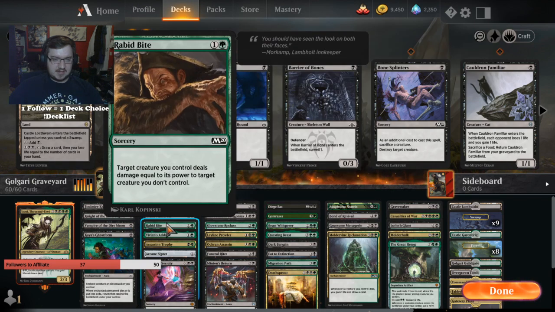Some kill spells like Rabid Bite, which is good for our Deathtouch guys because it's not fighting, so they don't deal damage to each other. It's just the creature deals damage to the...